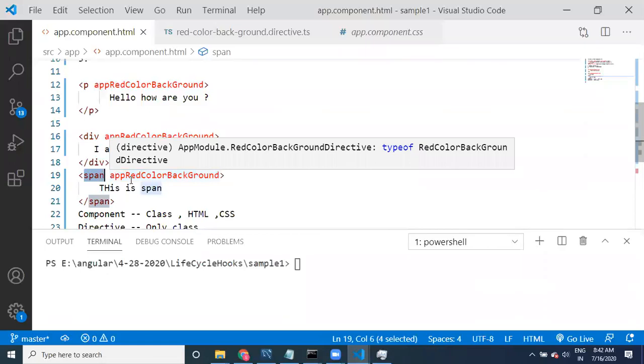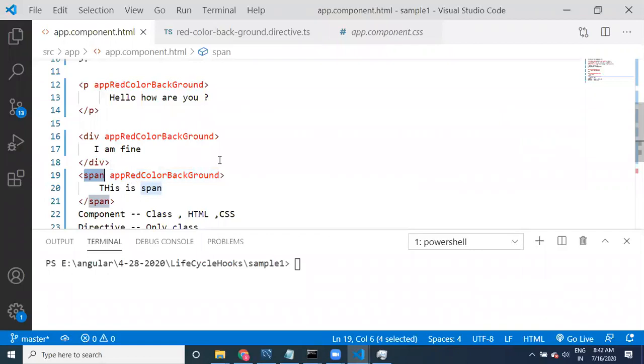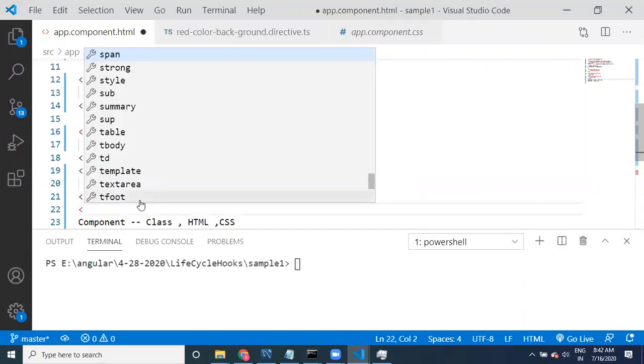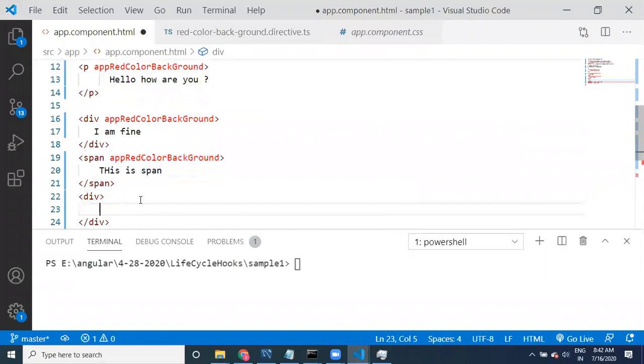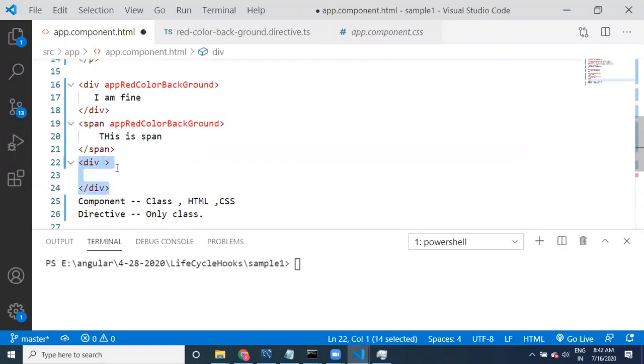Now I will do one another thing, guys. I want to create another component which is a bit clever one. In which way is it clever? I want to provide some div. I would like to choose the color. Whoever is writing this tag, that person has to choose the color. Here if I apply it, it is going to give you red color. That's it. I don't want this red color.